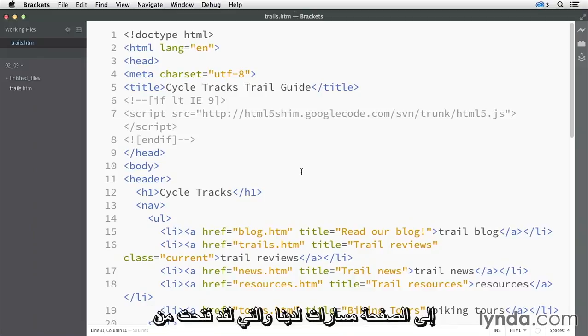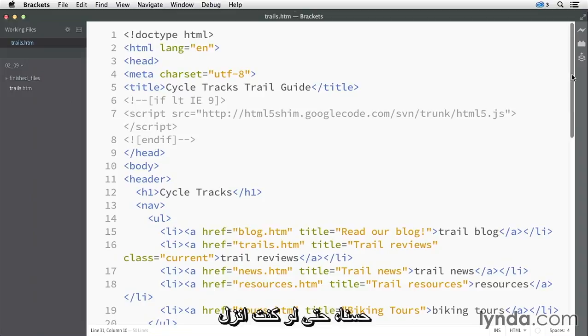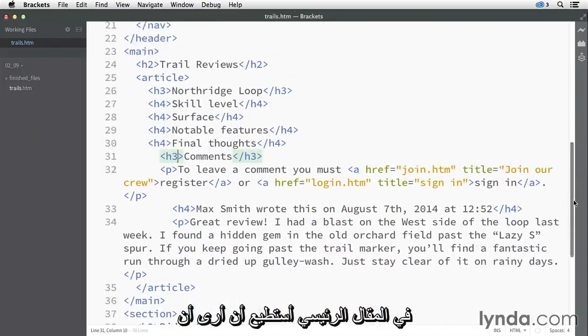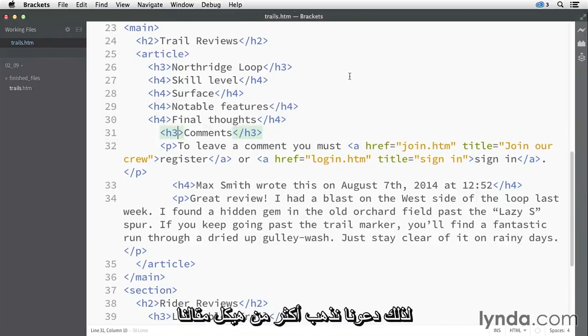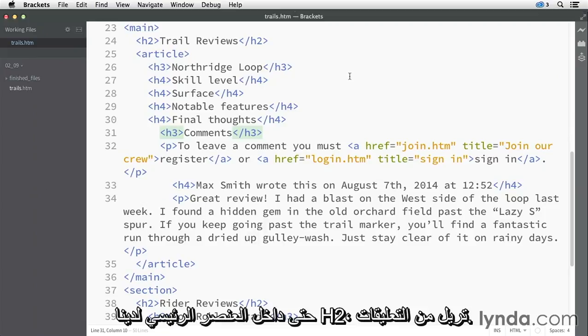our Trails page, which I have opened from the 02_09 directory. Okay, so if I scroll down into the main article, I can see that a little bit more content has been added to this. So let's go over the structure of our article and talk about the elements inside of it that still need a little additional structure. So inside the main element, we have an H2, Trail Reviews, which is sort of the